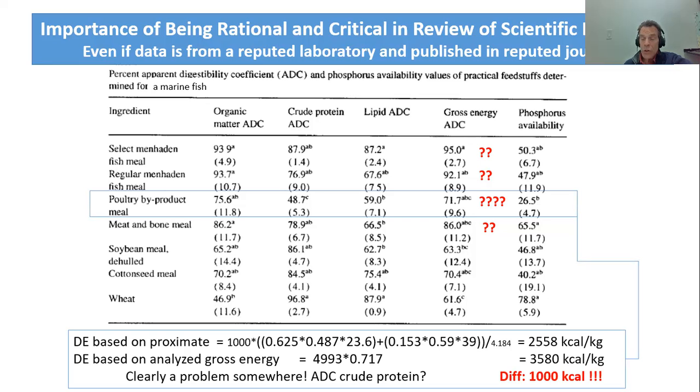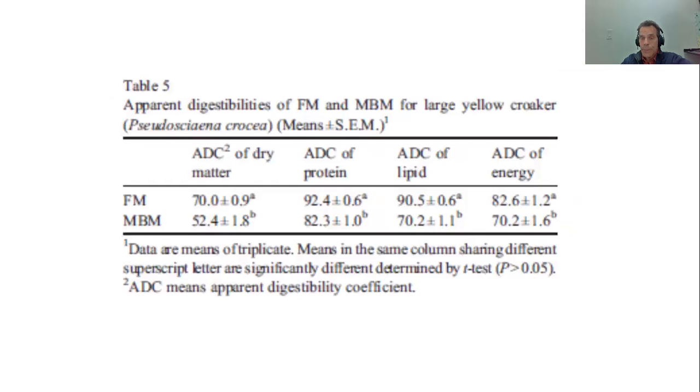And the same problem occurs for all the animal proteins. And for what we know, it could also occur for the plant proteins. You can see that for mammalian meal, the meat and bone meal, the information also doesn't add up, albeit a little bit less critical than for the poultry byproduct meal. Now, this is not just one case. I review the literature, and I see this problem very often in publications, either papers I review or papers that are published. Here is a study out of China, where they determined the digestibility of fish meal and meat and bone meal.